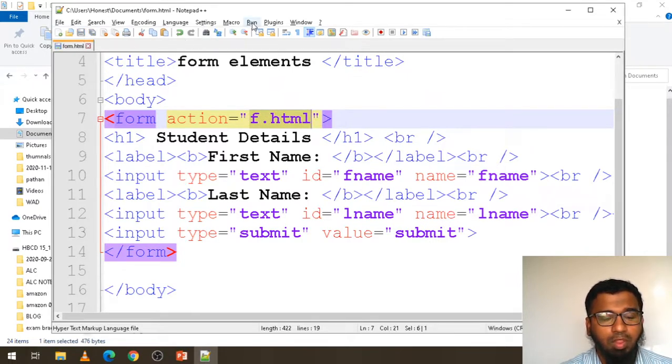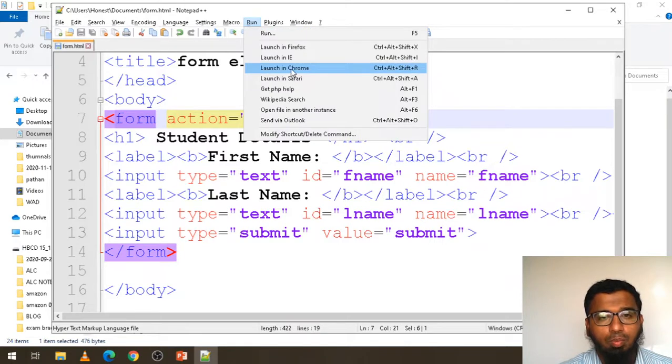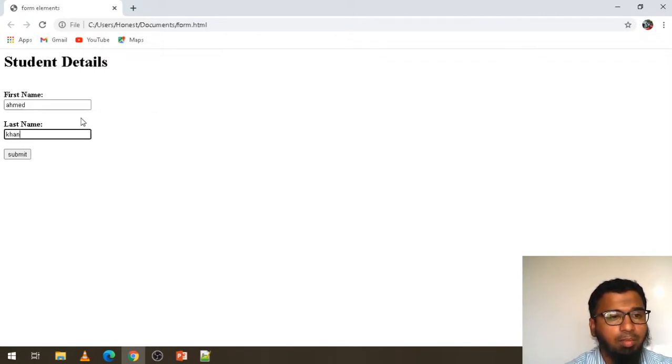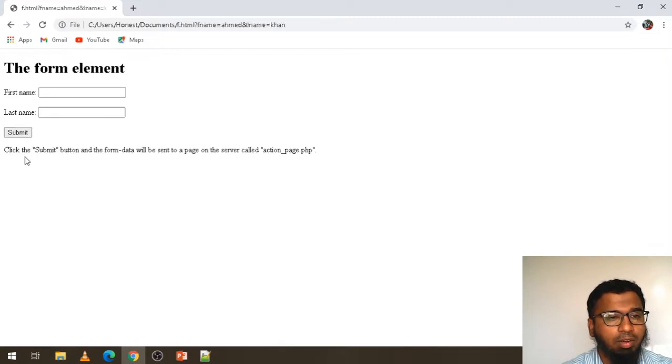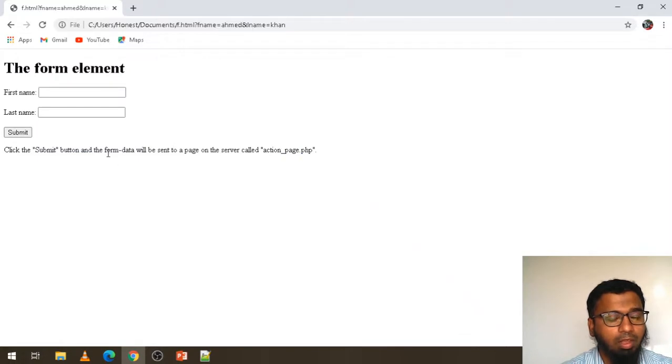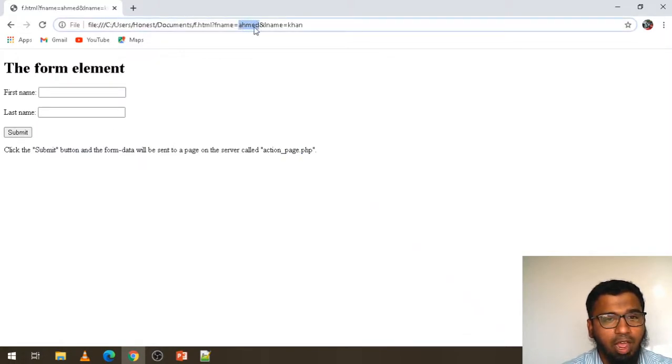Save, run, launch in Chrome. When you click on launch in Chrome, see, I am writing here Ahmed, last name Khan, submit. See, some other form. Okay, and can you see whatever the input I have given there, that is reflecting here in the address bar. So whatever you are writing here, that will be reflecting in the address bar. Okay, so this is about the form,